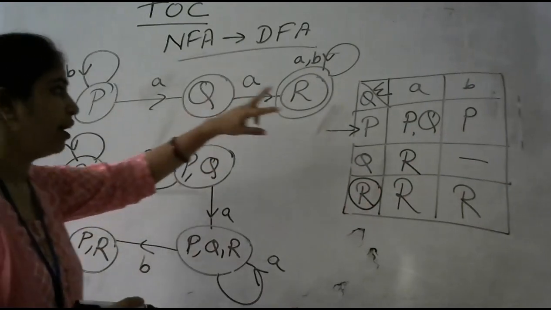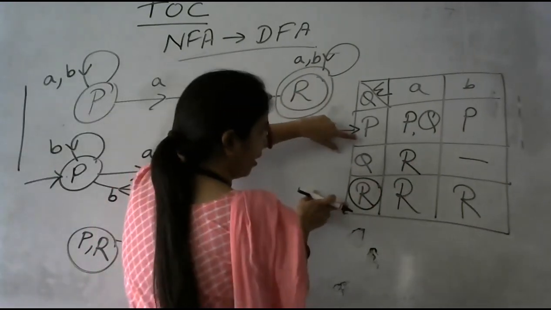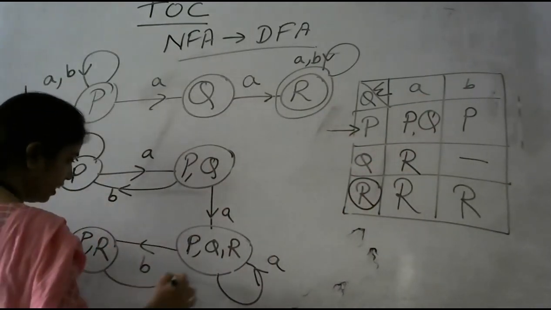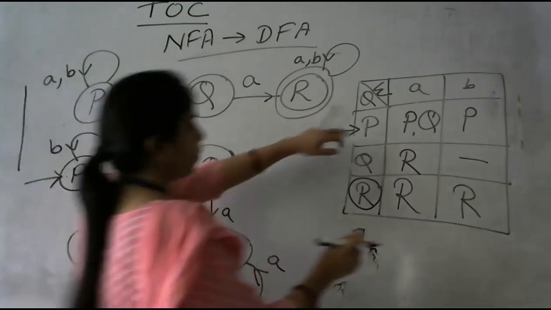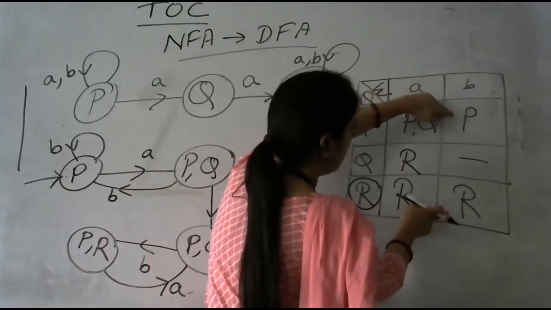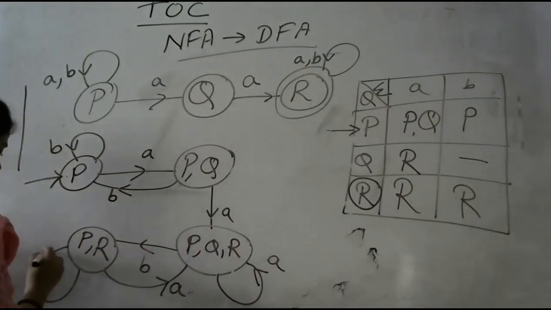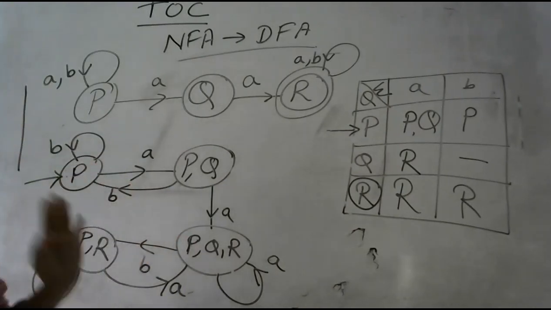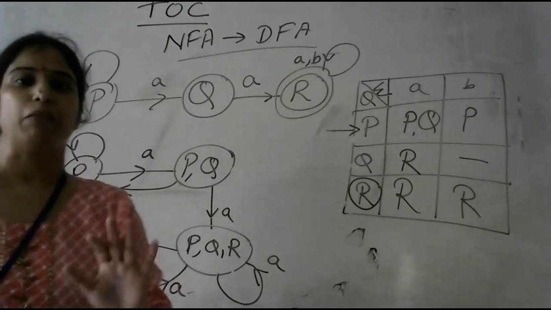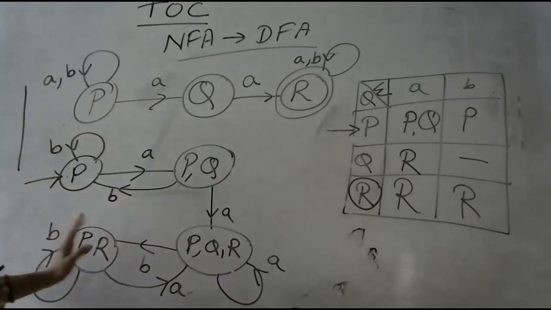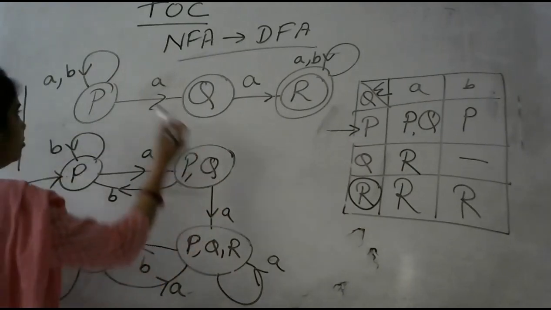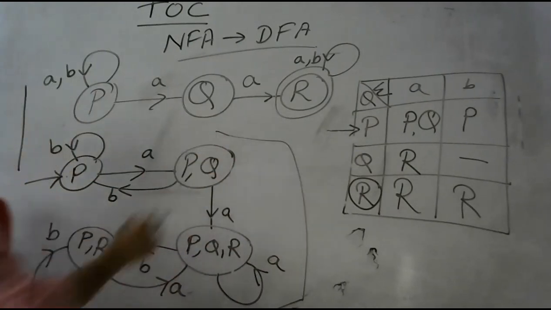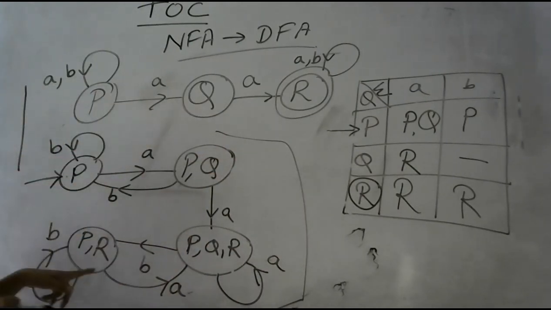We have to read A and B inputs from PR. PR से A पढ़ के PQR पे जा रहे हैं. So it's like this. PR से B पढ़ के PR पे जा रहे हैं. It becomes a self loop of B. Now we are not getting any new state. अब हमें कोई नई state नहीं मिली, मतलब हमारा DFA बन गया है. Okay, ये है हमारा DFA. Okay, we converted the NFA to DFA. This becomes our new DFA of this NFA machine. Got it?